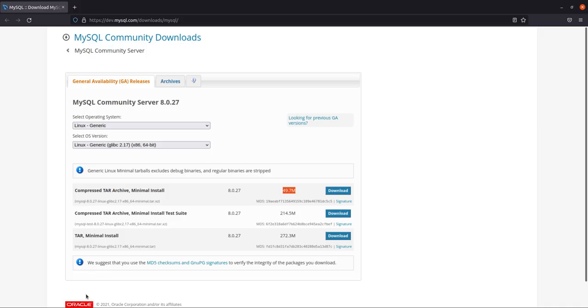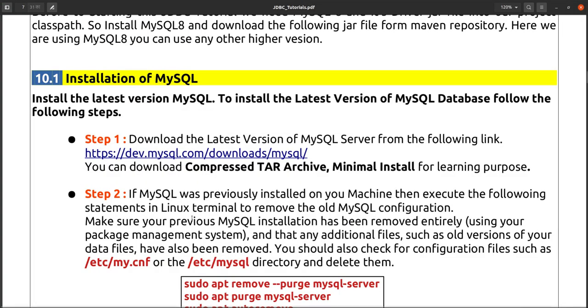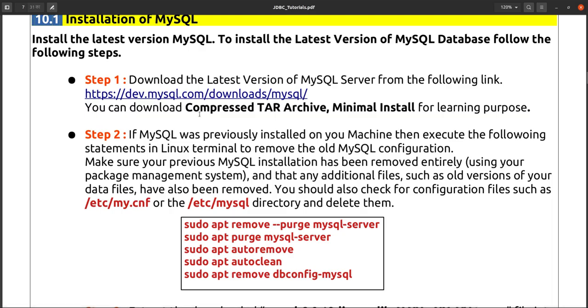After downloading, first you have to check whether any MySQL was previously installed in your operating system. If it is installed, then you may face some difficulties or challenges while installing MySQL.